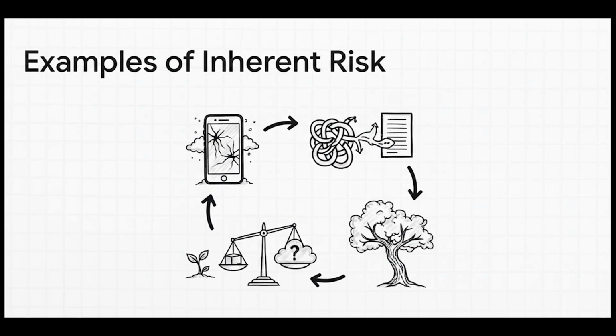An inherent risk can pop up from all sorts of places. For instance, if you're a tech company, that warehouse full of last year's smartphones is inherently risky. It could become worthless overnight. That risk is tied to the nature of the industry. Or imagine trying to value a new, complex financial instrument. It requires a ton of subjective judgment, which makes it inherently risky. Even something good, like rapid growth, can create chaos and introduce new errors.